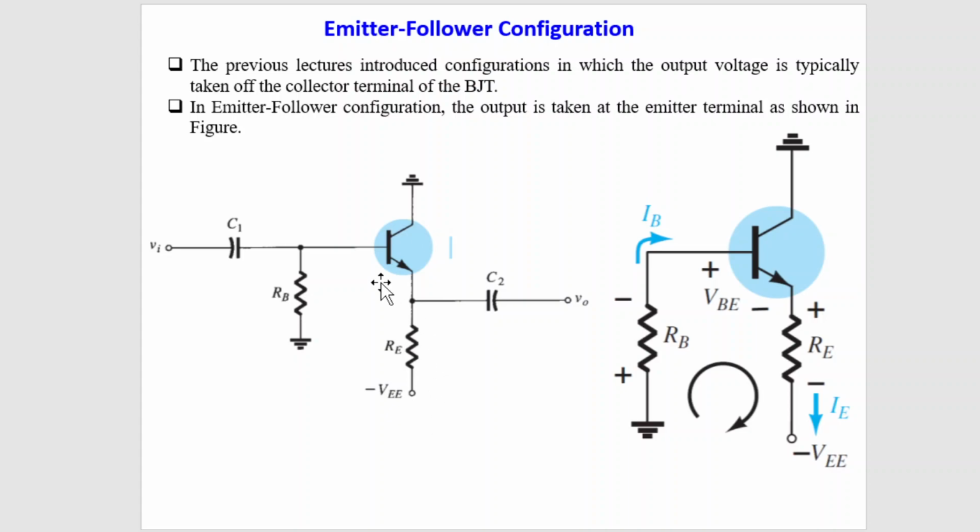So we have a collector, we have a base, we have an emitter. At the emitter we have emitter resistance, then this emitter end of the transistor is connected with the negative terminal of the battery, and the base is connected to the base resistance, and that is grounded, and the collector is grounded. So let us try to check whether this configuration is giving us a linear operation of the transistor.